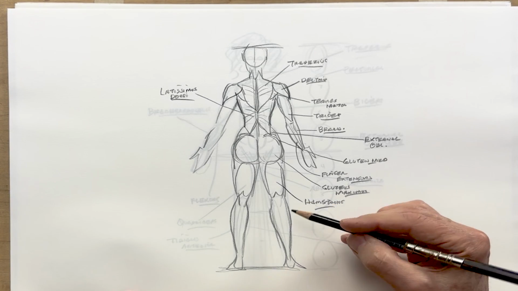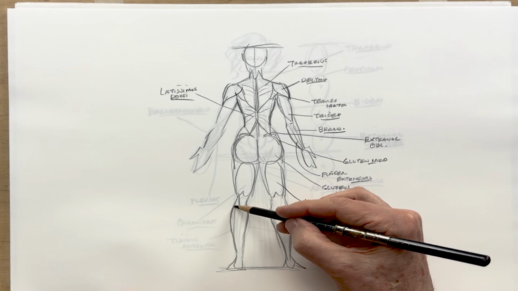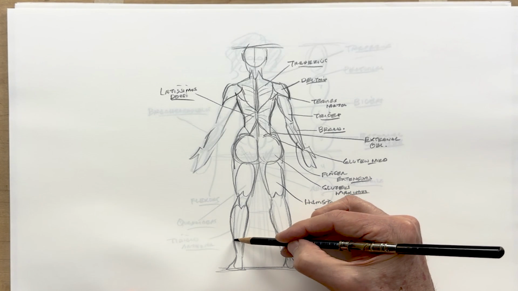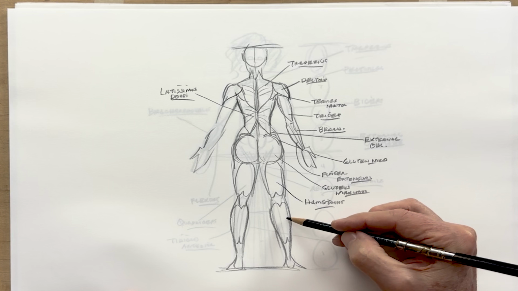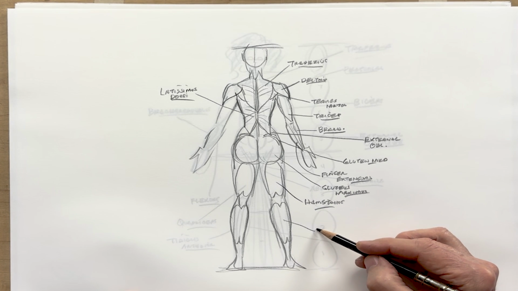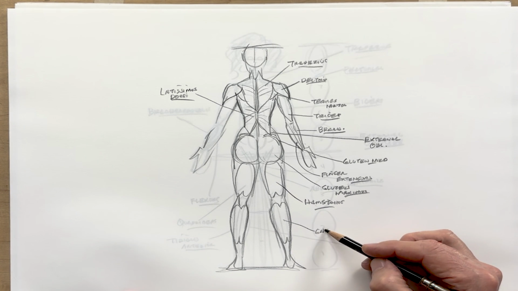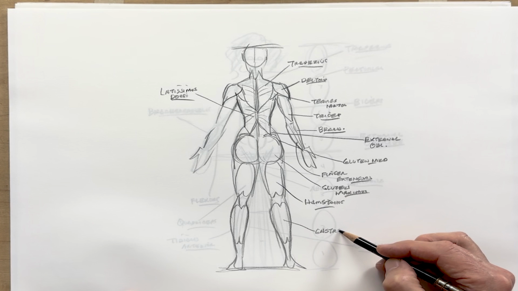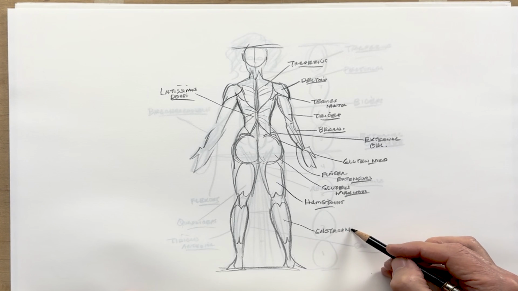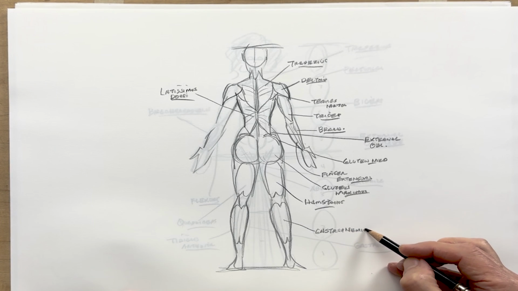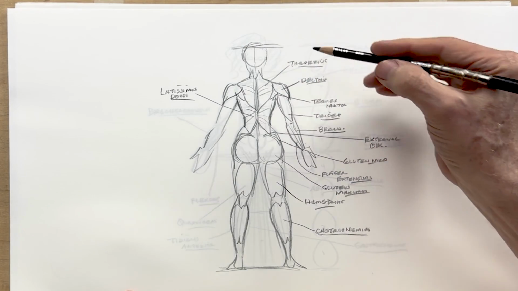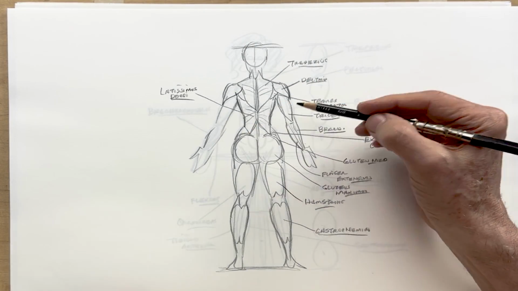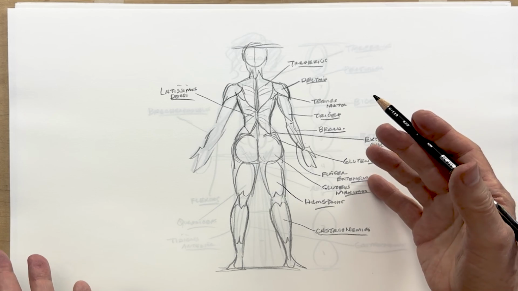Hamstring. And then below that, the large calf muscles. Gastrocnemius. So there's all the groupings of the muscles for the female form on the posterior side, back side, and then